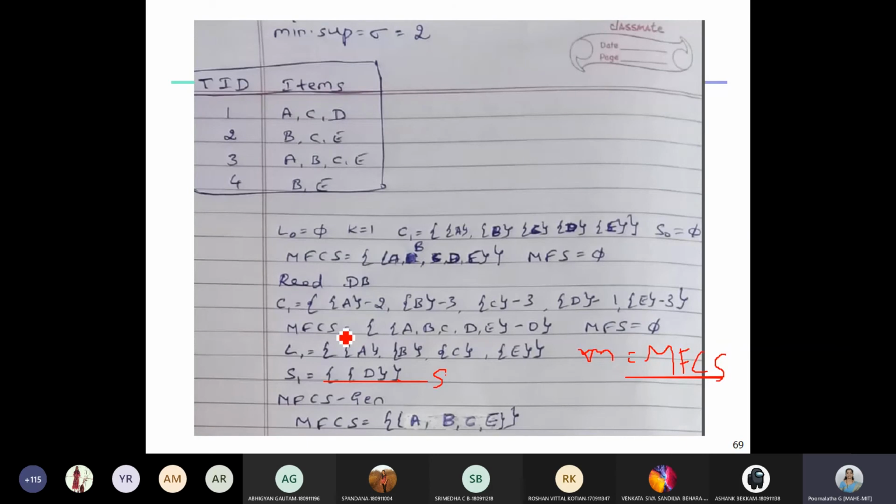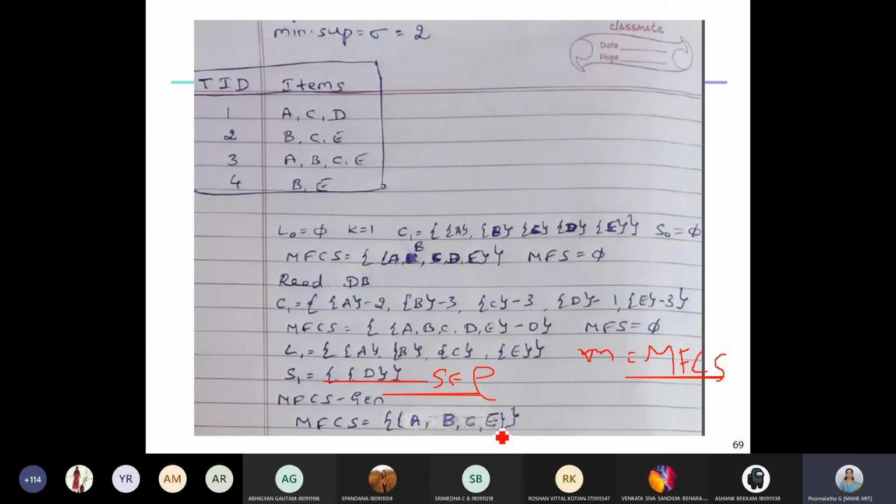Next, for all items E in the item set, yes. Now S is having only one item D, so that's the reason. Now this index E is also the same as this. So this E is pointing to this D itself. Okay. So what are we doing? We are doing M minus E. What is M here? M is A, B, C, D, E and E is D. So A, B, C, D, E minus D gives me A, B, C, E. This is my M minus E.